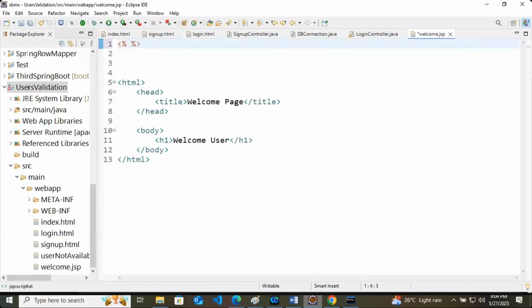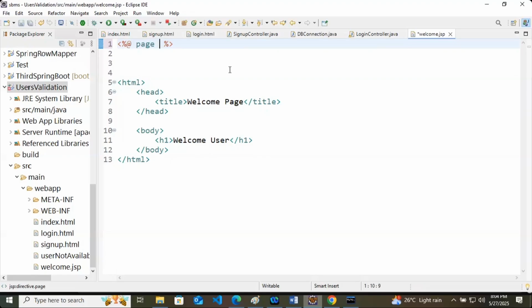So at first I will create the JSP tag here and I will import. I will write at the rate of page, which means I am importing something. Now what am I importing?